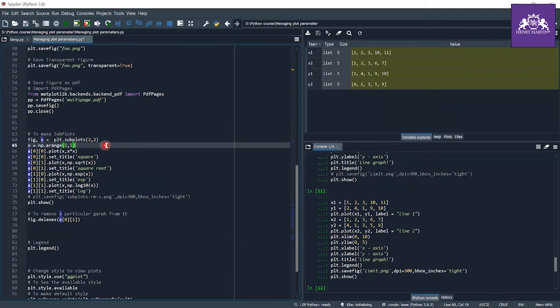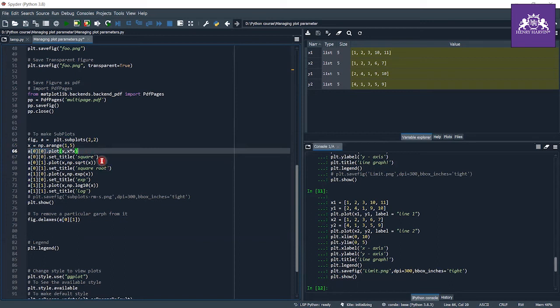After that, I specify the range for x: x equals np.arange 1 to 5. At zeroth row and zeroth column I want the square graph. Here, as you can see, a00.plot, by just specifying this plot function, I get my square.